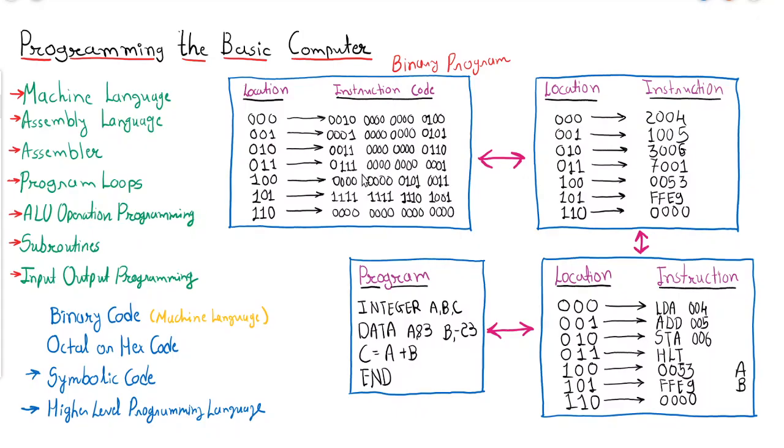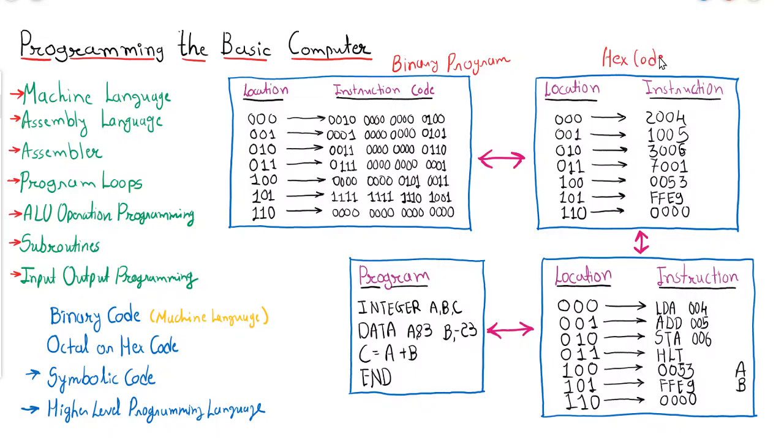So this will be given directly to the various components of the computer, like the control unit, the ALU, and the various registers of the common bus system. These values will be given to those elements directly. This is the raw form, and it will be directly processed by the CPU. Now if we go to a slightly higher level representation, then this is the hexadecimal code.